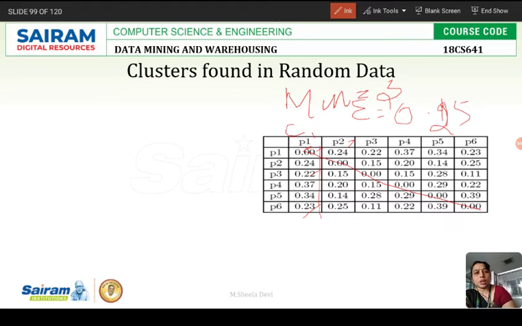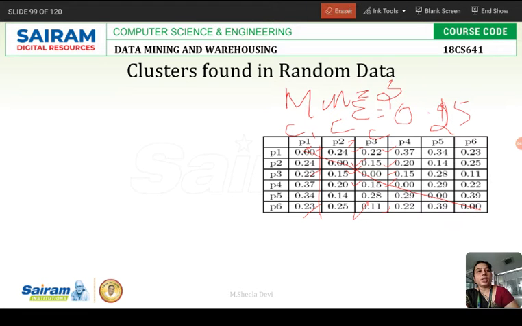So 1, 2, then 3, then 4, 5. So this is also a core point. Next, 1, 2, 3, 4, 5. Better, I think, because all will become core points, all are having less than 0.25.